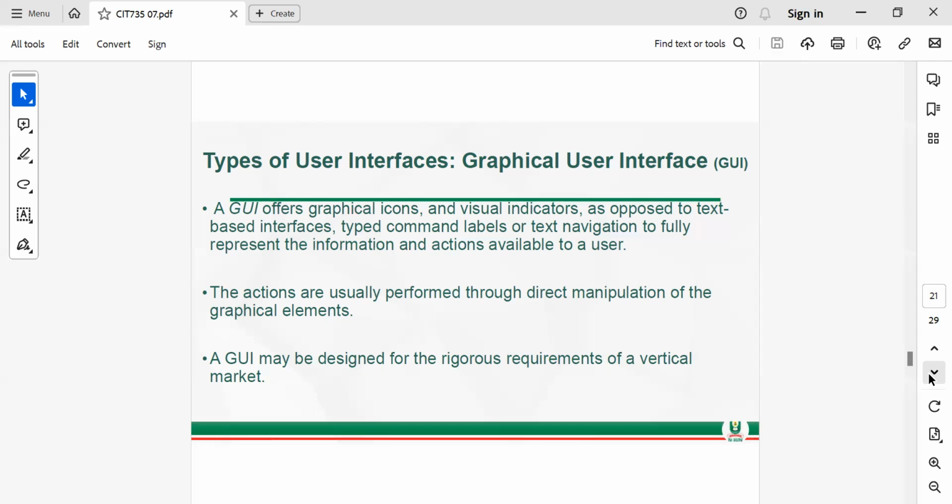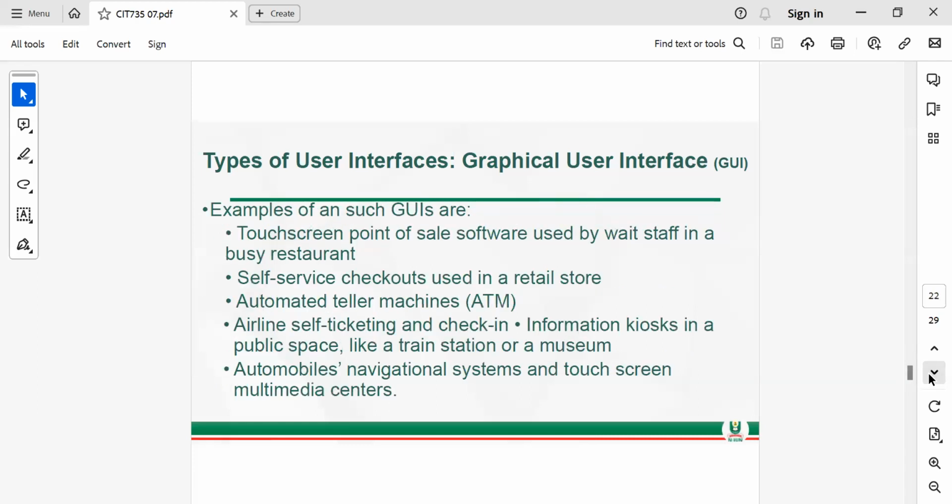A GUI may be designed for the rigorous requirements of a vertical market. Examples of GUI are touchscreen point-of-sale software used by waitstaff in a busy restaurant. The same touchscreen is what you use on your Android phone. Self-service checkout used in a retail store.